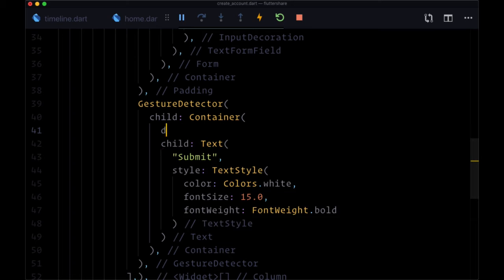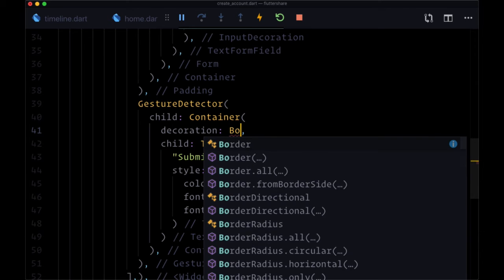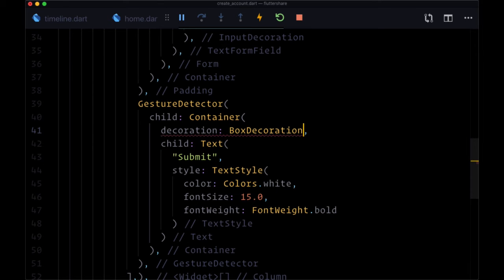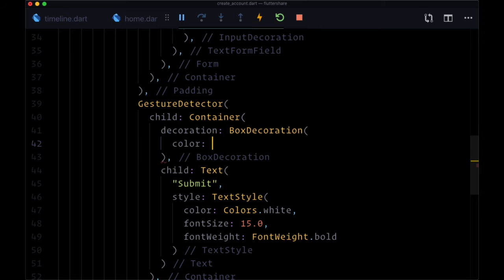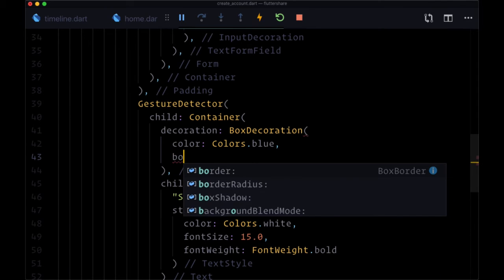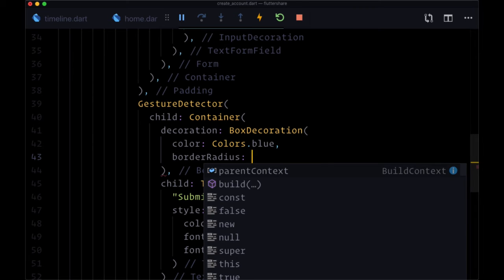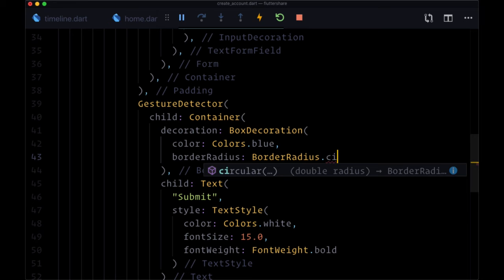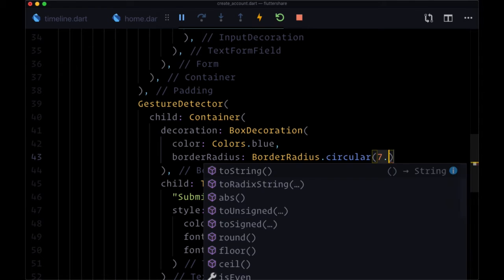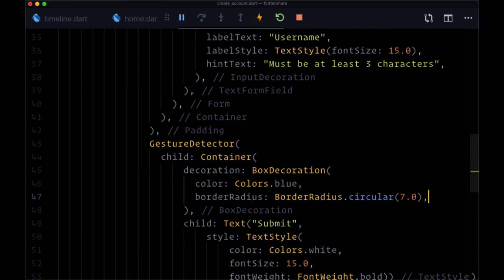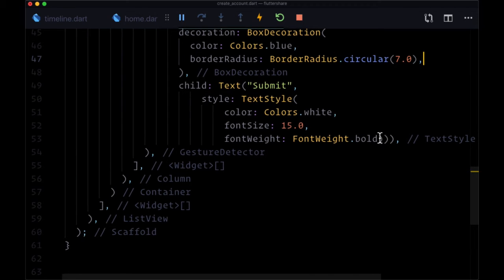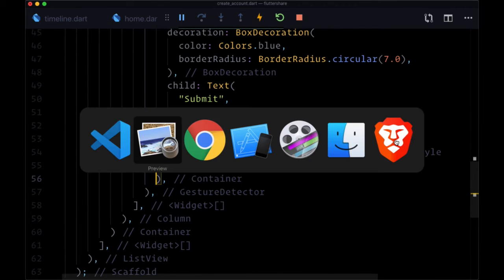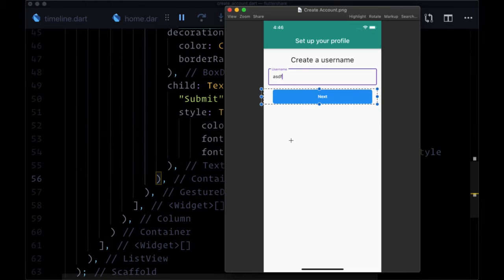We're going to decorate the container to change the background color. We'll do that with BoxDecoration. So the color will be Colors.blue. And we'll set the border radius to make this a rounded button. We'll set this to BorderRadius.circular, the radius of 7.0. So now we should have the basic appearance of our create account form, but the next step is actually taking